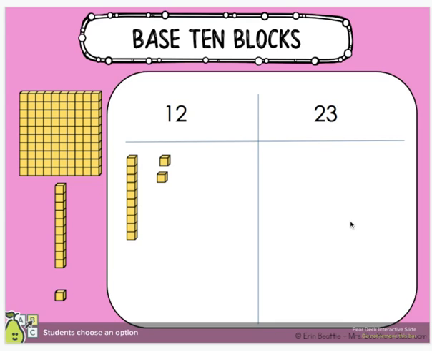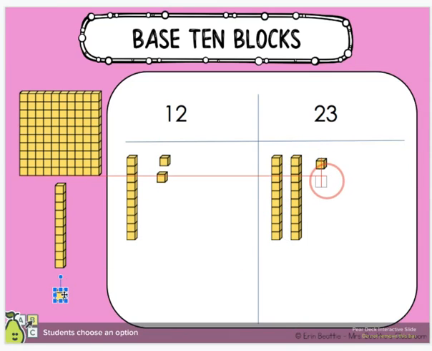Now we're going to look at 23. Let's look at our tens place. How many tens are in the number 23? If you said 2, that's correct. I'm going to bring over or drag over 2. Let's look at our ones. How many ones are in the number 23? That's right, 3. 1, 2,